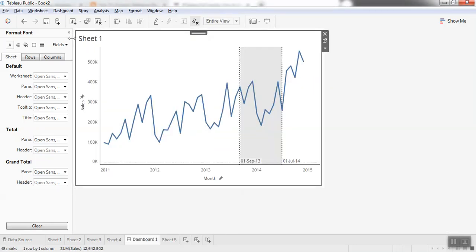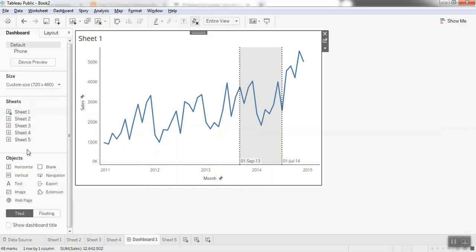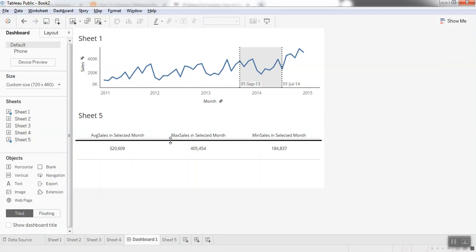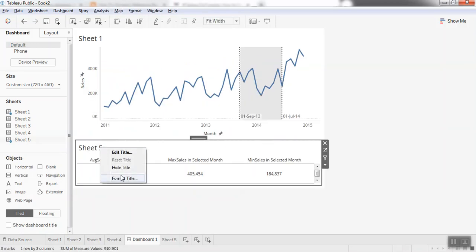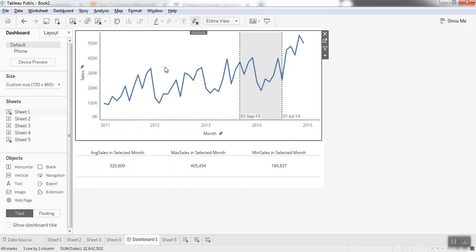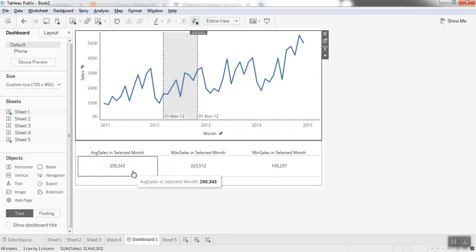Okay, so let's bring the sheet into our dashboard. I bring the sheet into our dashboard, remove this title, and I can remove this title as well. Okay, so now let's see if our set action is working or not. I drag this area, and you see the reference band changes, and so does the metric that we have.